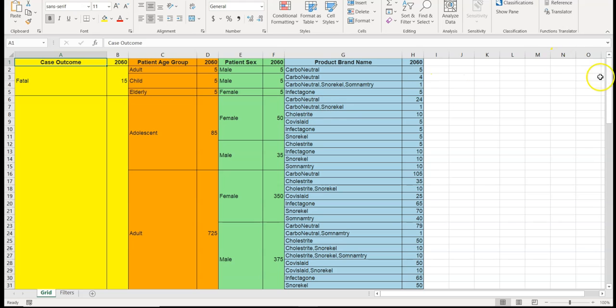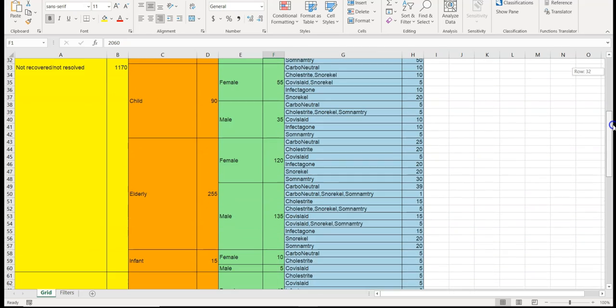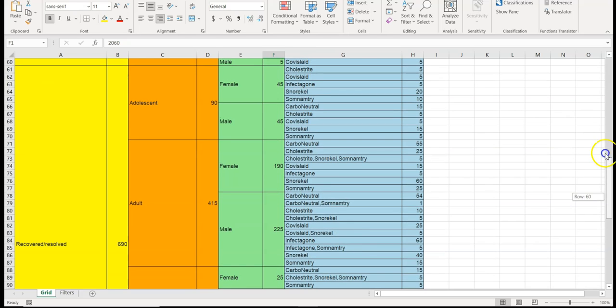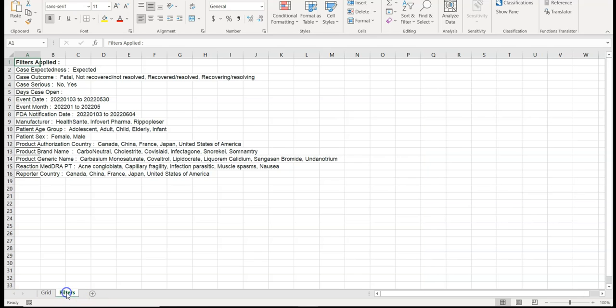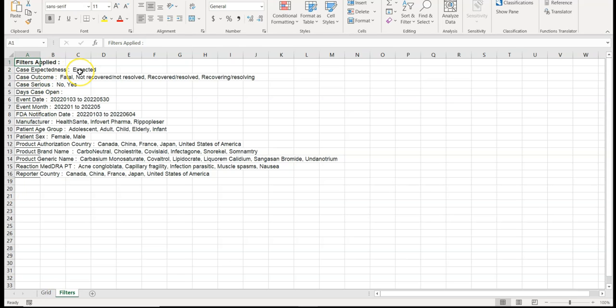This is the Excel. Same, basically, case outcome for 2060, patient sex, and the breakdown. We filtered on expected, so for case expectedness, and then you have all of these records. And then there's 2 tabs here. So this is the grid itself, and then the filters that were applied. The other thing it shows is the context of what the data is from or what is included in the data. So all the filters, so if you look at case expectedness, it's only expected because we basically got rid of,